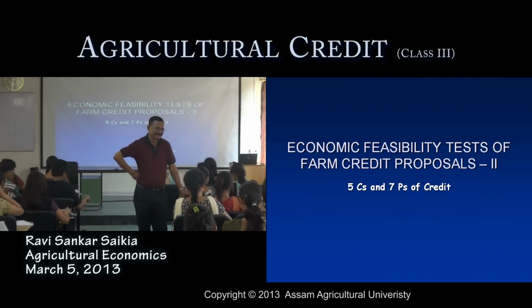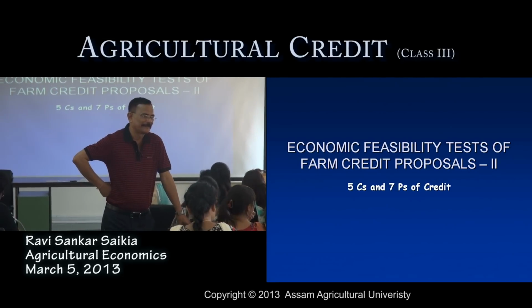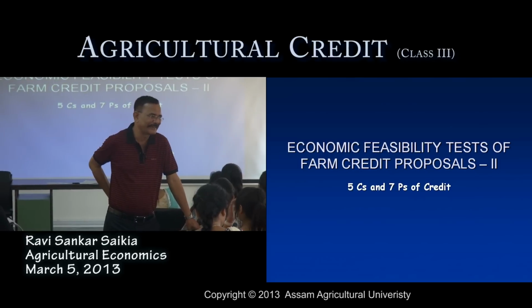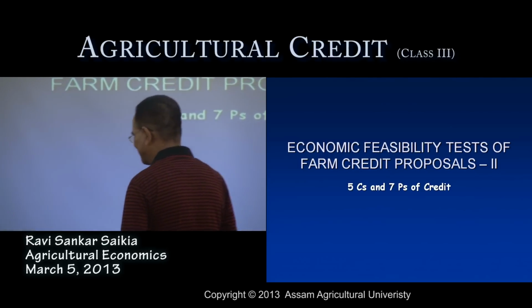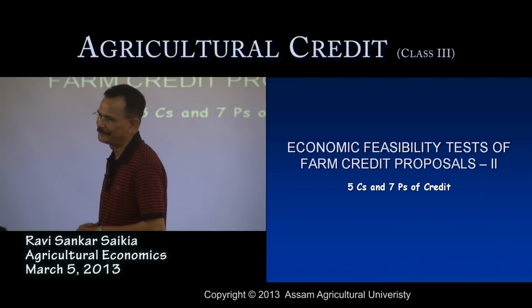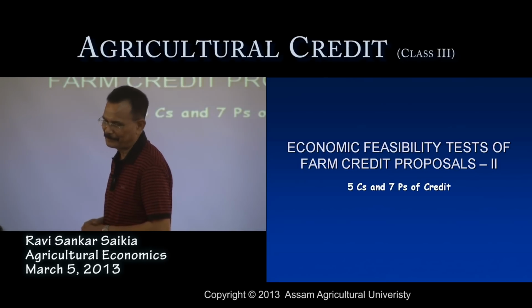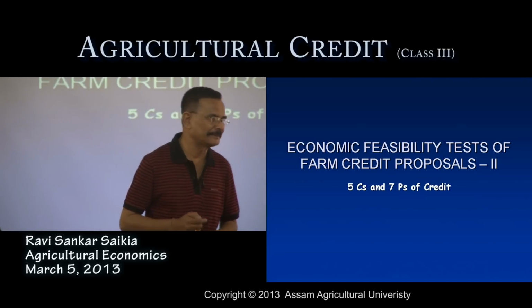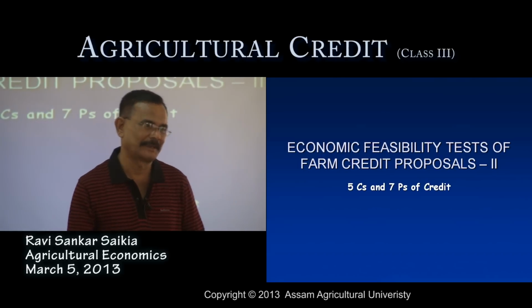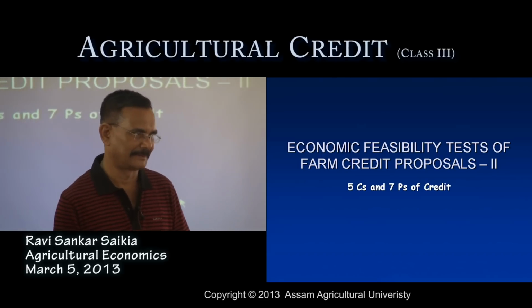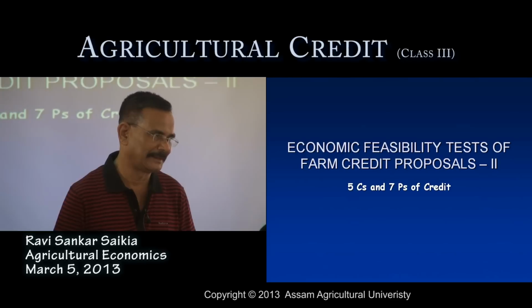Return, next one is the repayment, and third one is the risks, is not it? On a return we have to judge on what? Estimate the additional cost and the additional return, and we should look for the particular point that whether the additional return sufficiently covers the additional cost or not. And it arises only because of what? Only because of the diversification of the existing cropping pattern to get better productivity, is not it?